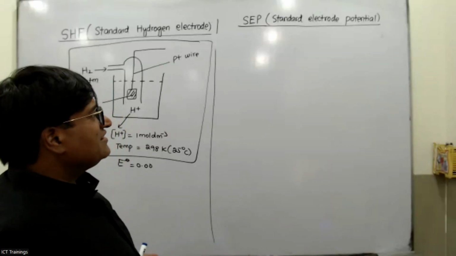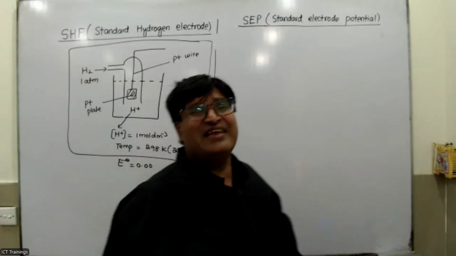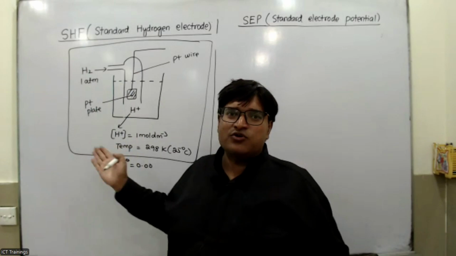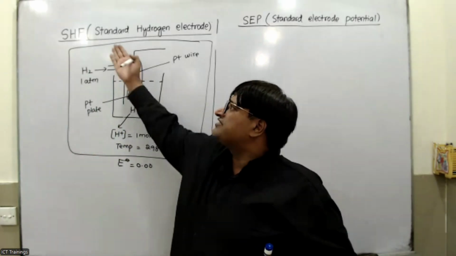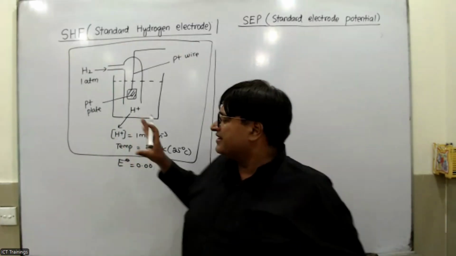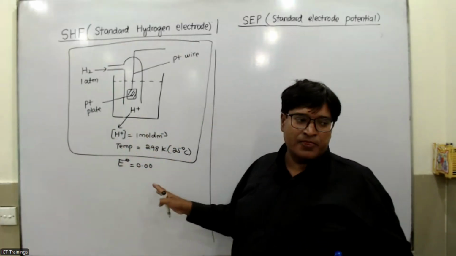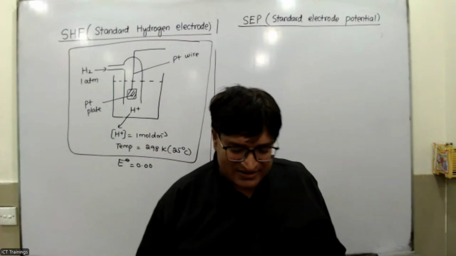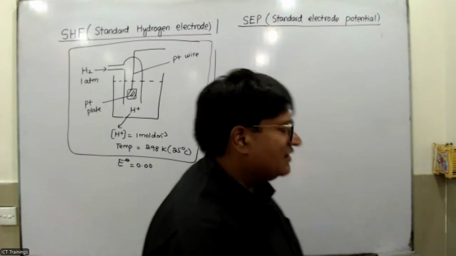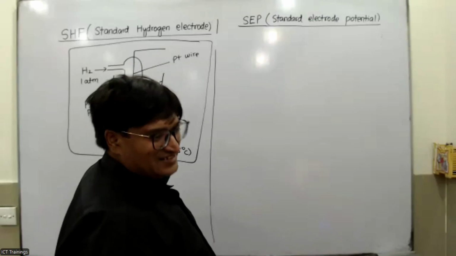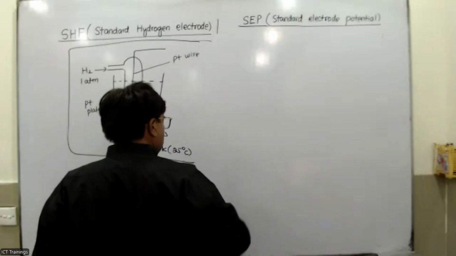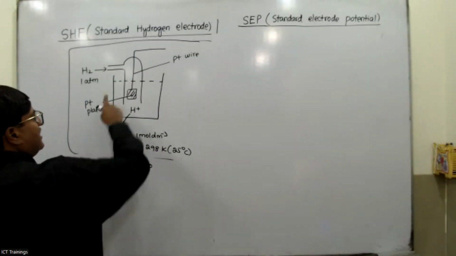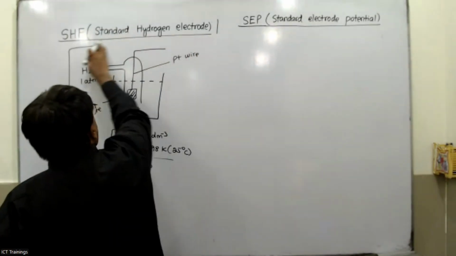So whenever, my dear students, you want to find out the E naught of any half cell or electrode, what should you do? You should join it with the hydrogen electrode on one side, which we have considered as the standard hydrogen electrode. Its E naught value we have supposed to be 0. Now we join this standard hydrogen electrode with another electrode whose E naught value we have to calculate. That is called the test electrode. Have a look up here. Its E naught value is 0 for the hydrogen electrode.